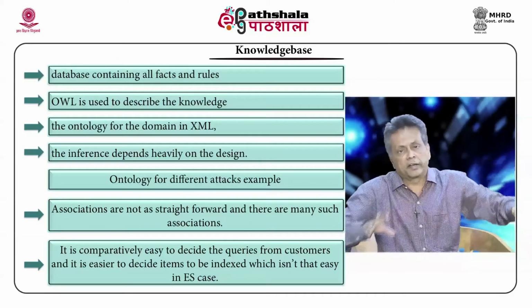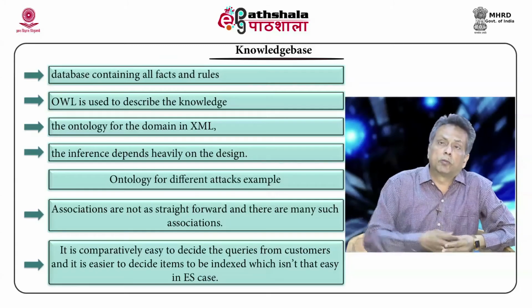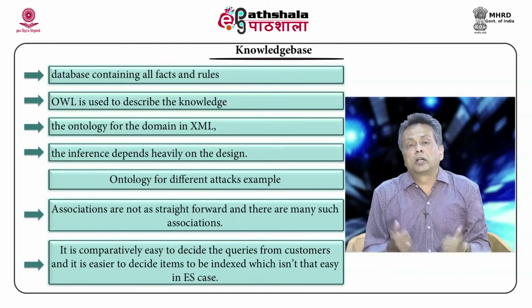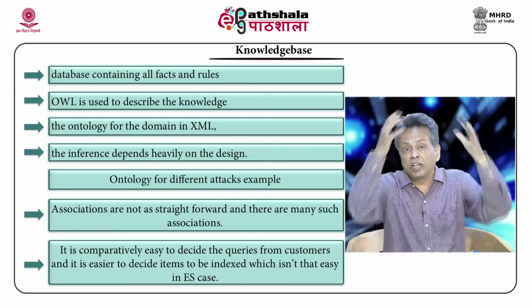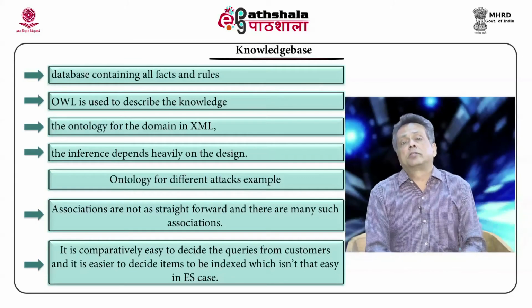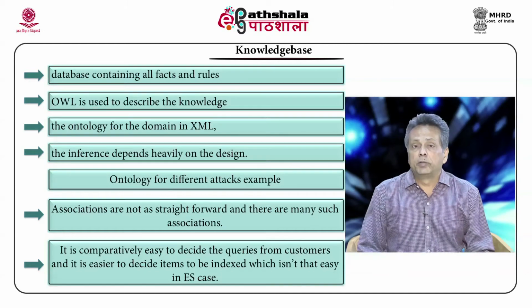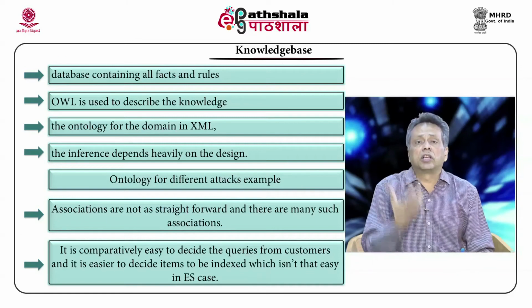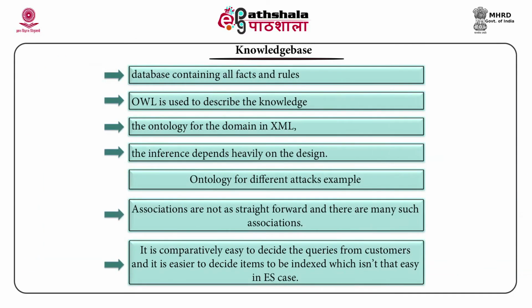I just travel this hierarchy, I get. Or if I want to get buffer overflow based attacks, I will travel this hierarchy and I will get all of them. But unfortunately, if I try to get attacks related to databases, I do not have the hierarchy telling me so. So, I will have to travel each hierarchy and find out which are the attacks based on database, and then I will be able to answer. So, the answers or the responses are very sensitive to this design, and that makes it very complex. This association based access is pretty hard, and that is why the design of knowledge base is very important.